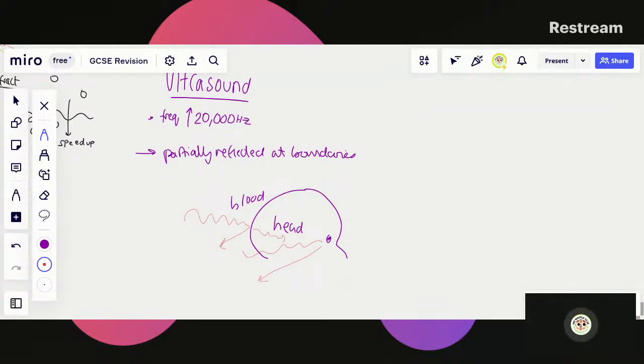So things like pipes and metal, ultrasound can be used by entering that material and reflecting off any flaws in that material. So say if there was a crack in the material. Echo sounding is a method in which you use high frequency sound waves, ultrasound, for boats, and it finds